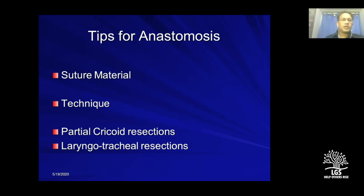Again, tips for anastomosis. I think this is the same for the majority of anastomoses. The anastomosis of the trachea is no different from a gut anastomosis or any anastomosis anywhere. I tend to use a 2-0 or a 3-0 Vicryl, but you could use any of the suture materials. Preferably, you must use only absorbable suture materials. It could be PDS, Maxon, or anything of your choice, but my preference is to use the 2-0 and